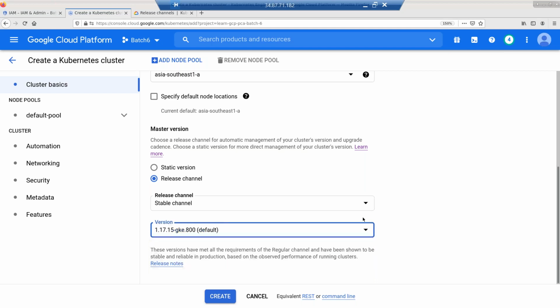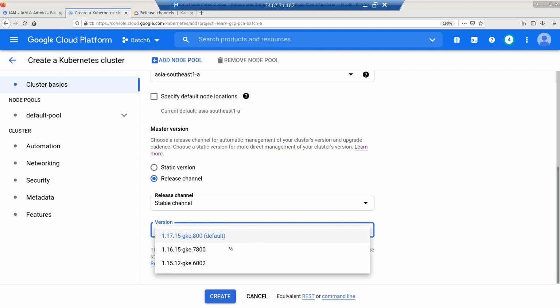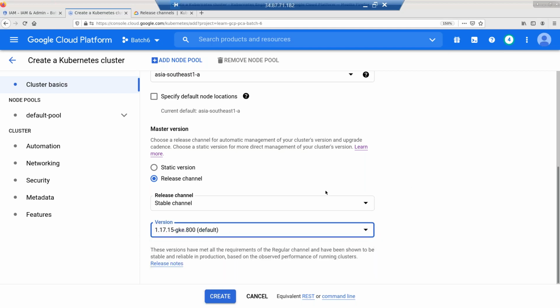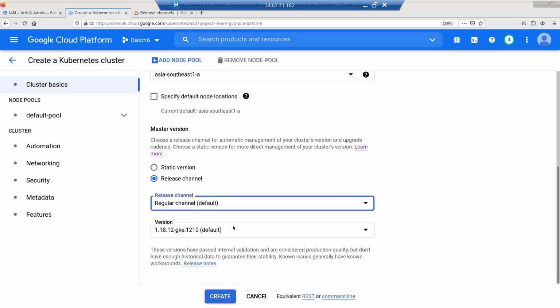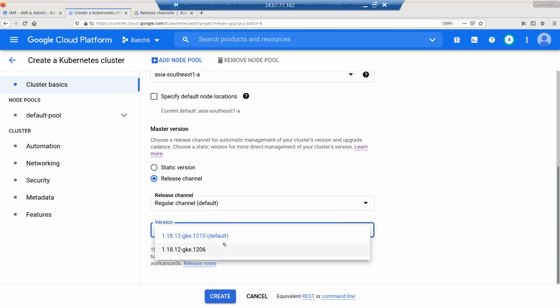Now, if the customer asks for a specific version, can we try it out? If you go with stable, this is what you get. You don't get anything apart from this. So if you want something better, you go with the regular one. Regular channel is going to be something in between. Stability is also going to be there, and some new features are also going to be there. So you can go up to 1.18